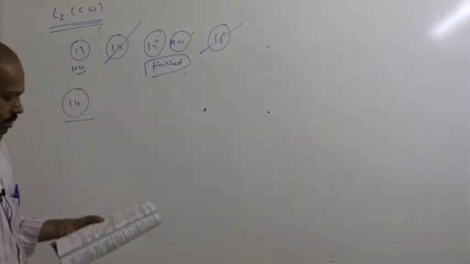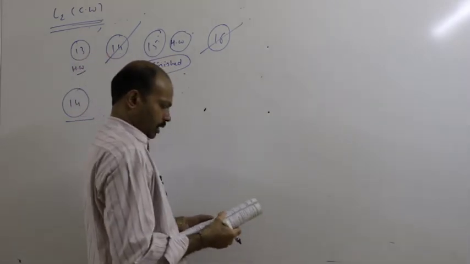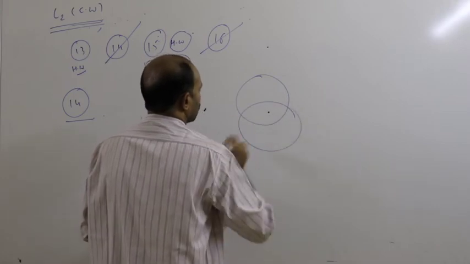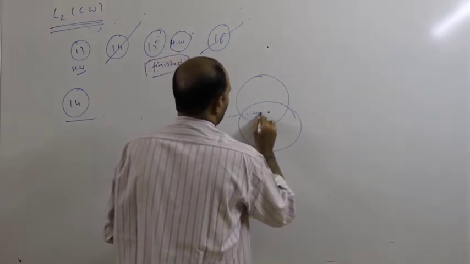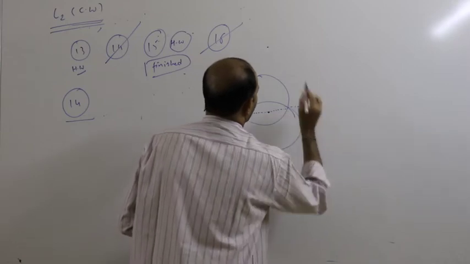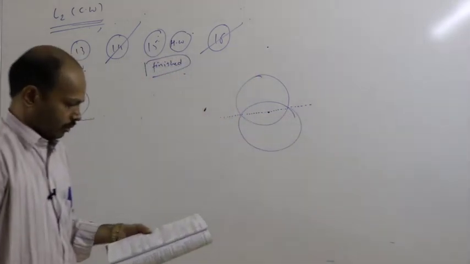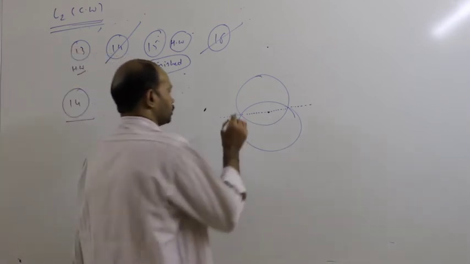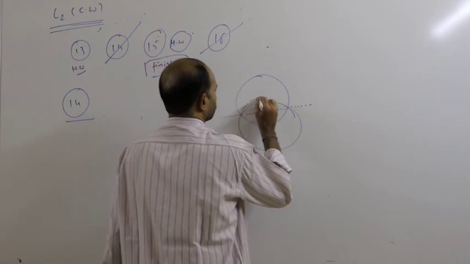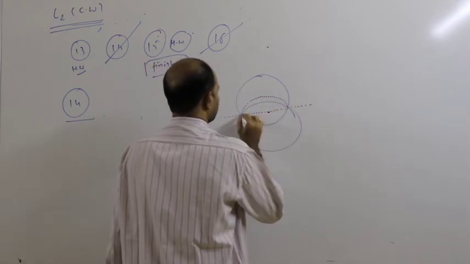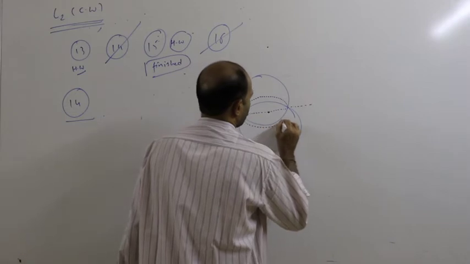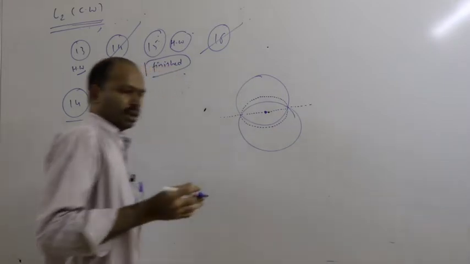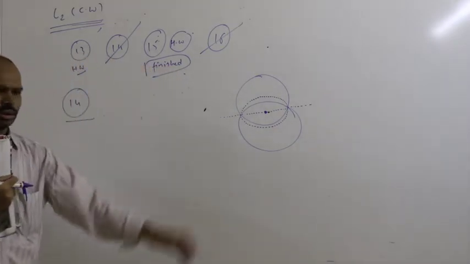Given there are two circles, circle 1 and circle 2, and automatically there must be a common line. This is known as the common chord. Now he is asking to find the equation of the circle which has the common chord as diameter. We want this circle equation. Note that since it has a diameter, the center lies on this. It's almost the same as your previous model.